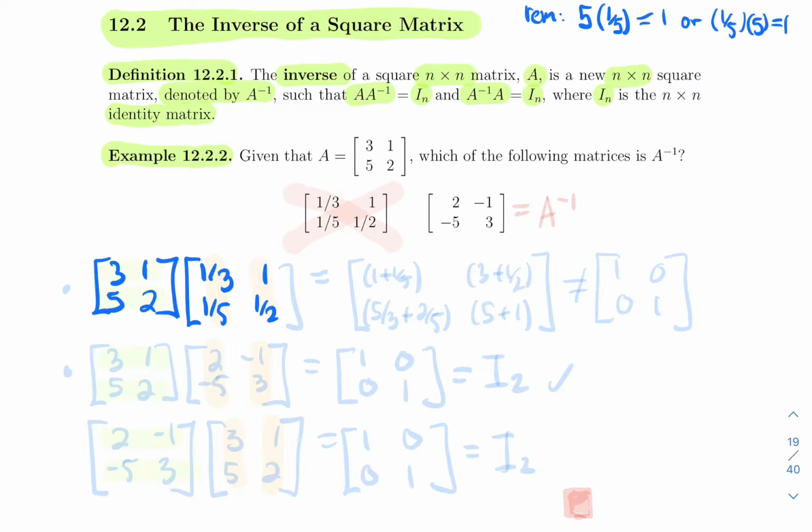The only thing I did with this first example matrix is I flipped all the numbers, and this is really just to make you realize that when you're computing the inverse of a matrix, you're not just going to flip all the numbers inside. So if you're multiplying these as matrices,